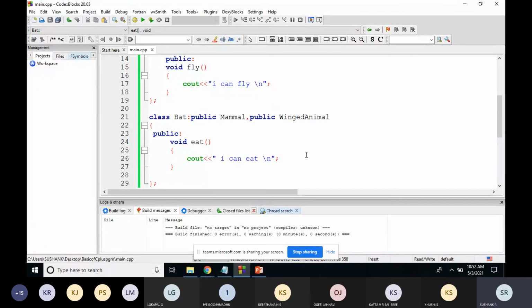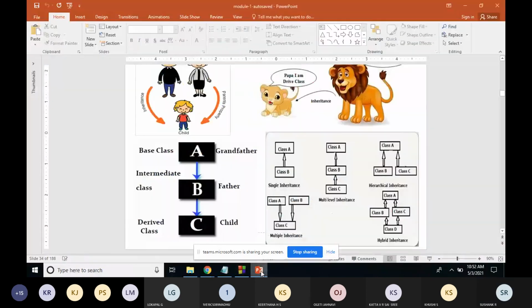So this is an example of multiple inheritance. Any doubt? So you can try the example of hybrid inheritance. Hybrid inheritance is a combination of hierarchical and multiple inheritance. You just try how you can implement this hybrid inheritance.